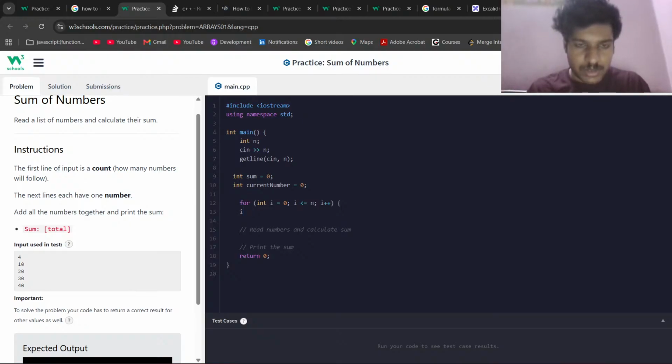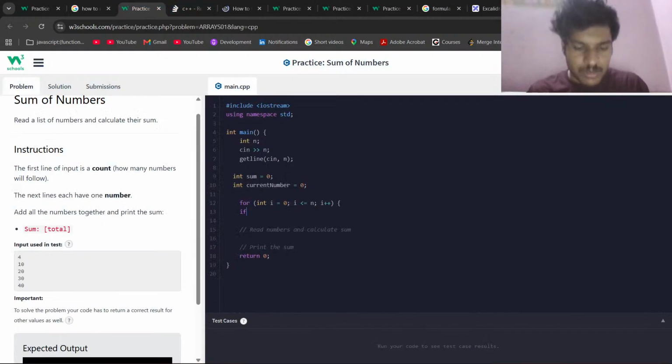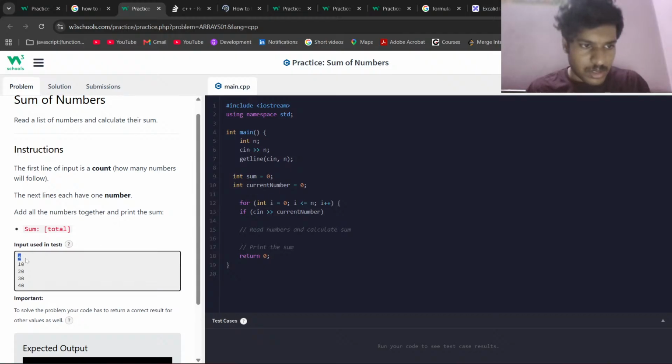So here, if cin is greater than current number, cin is what we are getting from the user. cin is n. If n is greater than the current number,